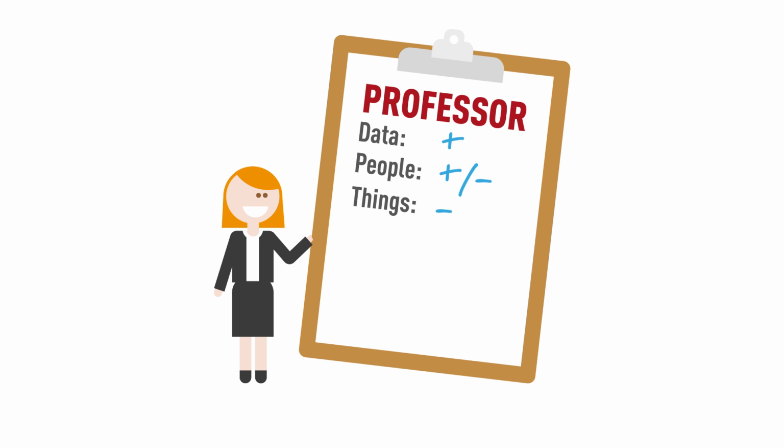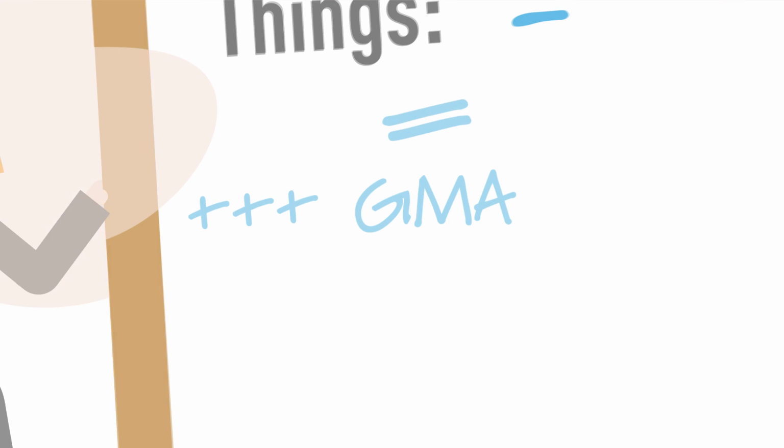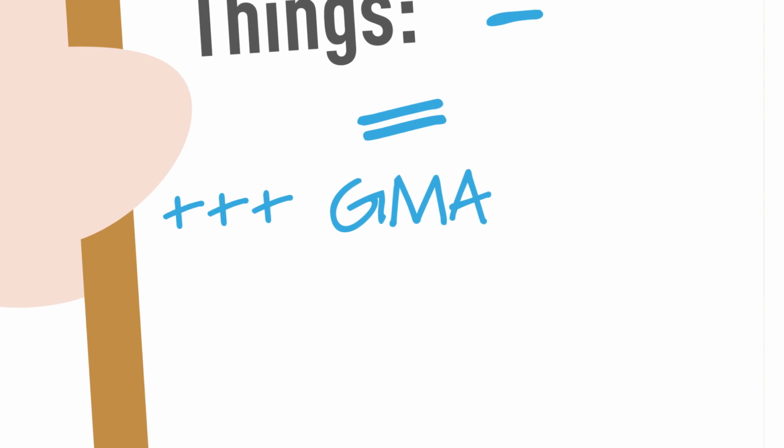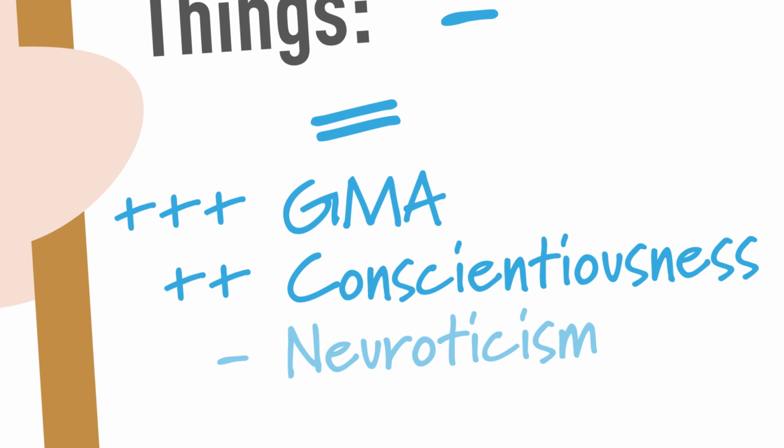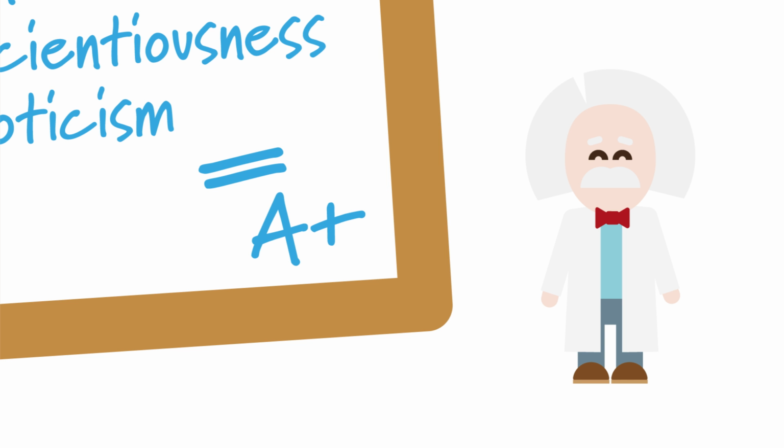Once we have this information, and want to know which indicators to use and how to weigh these indicators for a certain occupation or vacancy, we simply need to determine how that occupation scores on the job characteristics, such as data, people, and things. Next, we look up how these scores affect the validity of various selection criteria, pick the most predictive criteria for that occupation, and plug their scores into a single synthetic formula. This job-specific formula contains the relative weight or importance of each criterion. And when the scores of an applicant are plugged into the formula, it can even be used to predict that applicant's performance.